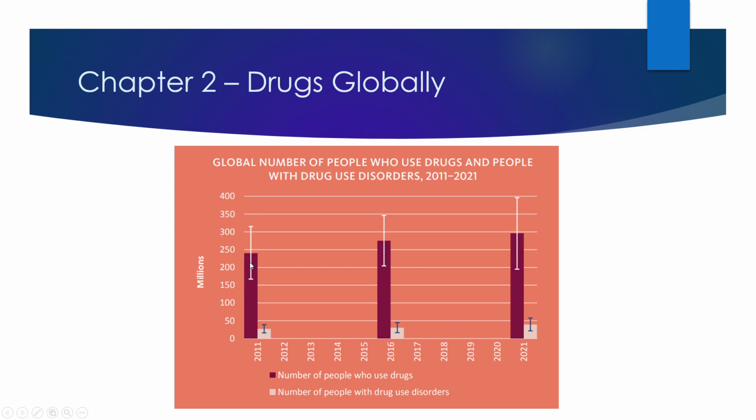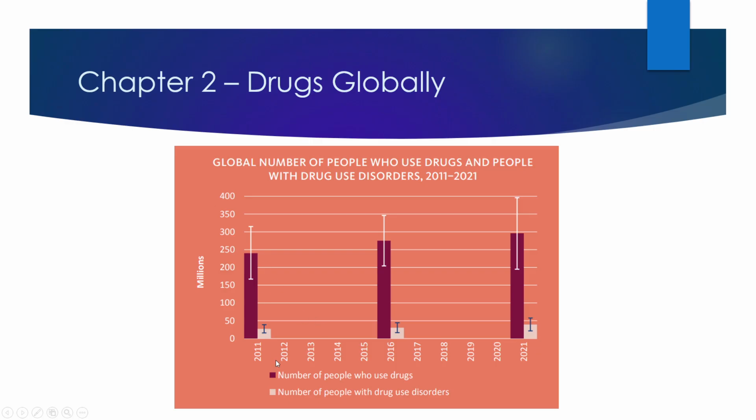And so you can see in 2011, we're shy of 250 million people around the globe using drugs. Maybe about, a little bit of an estimate here, 240 million, which is, the United States has 330 total million people. And so it's not quite the size of the United States if you were to take all the people using drugs and put them together. But it's the size of a very large country. And now for those who have a drug disorder, that would be more like about 25 million.